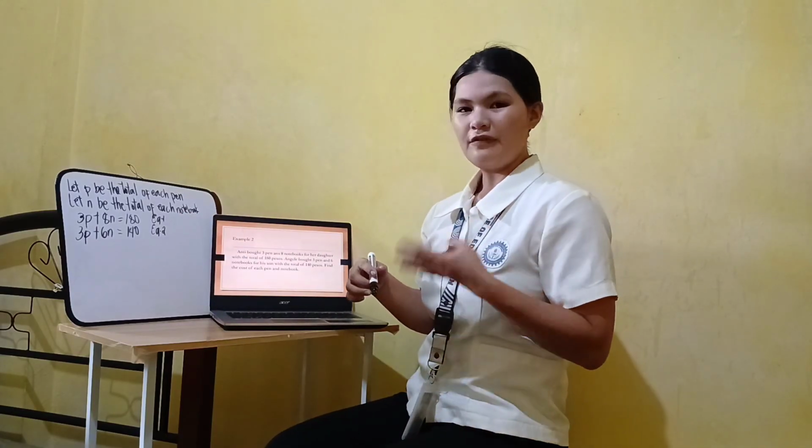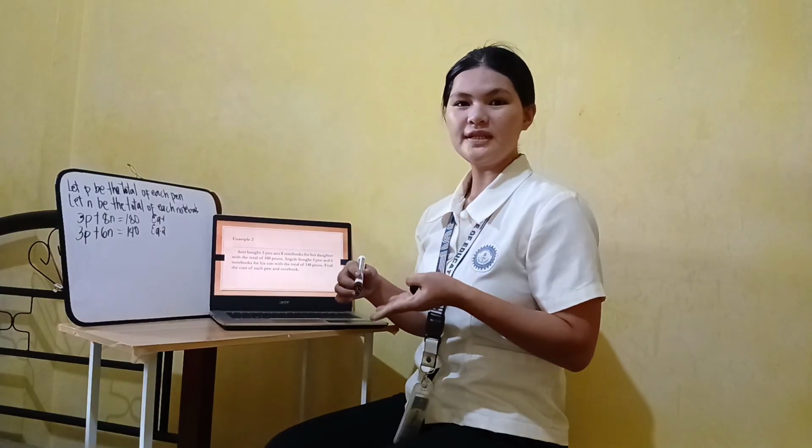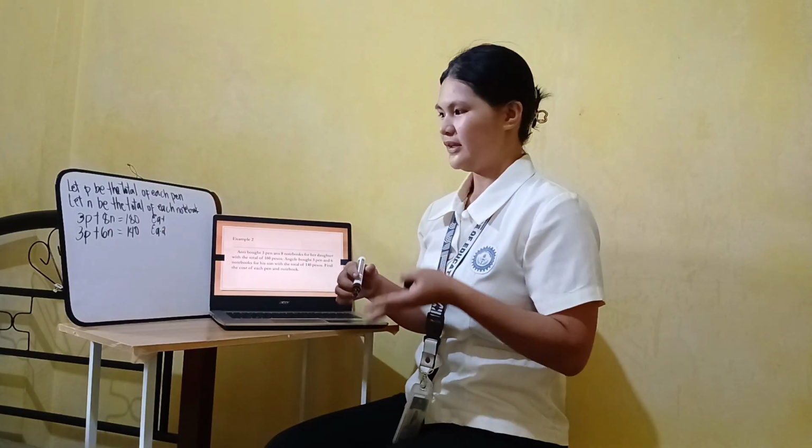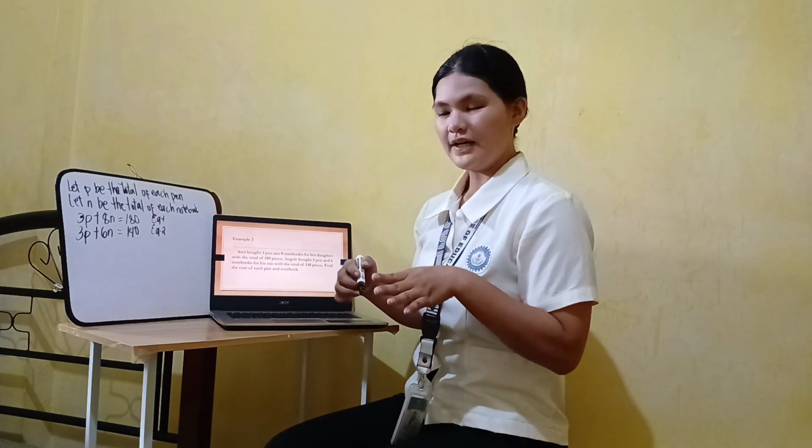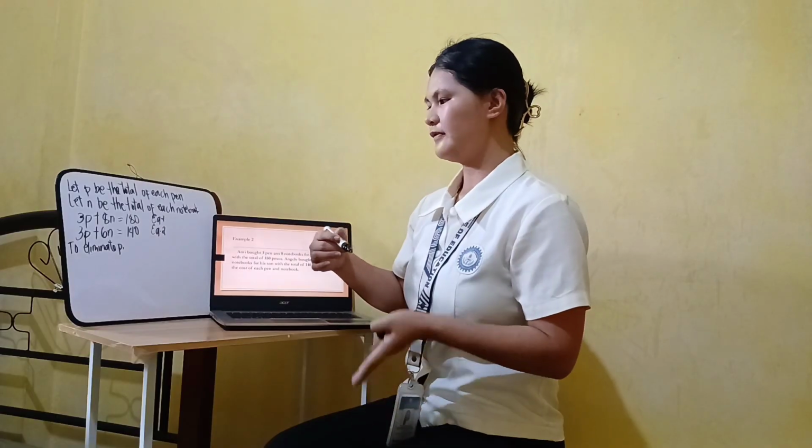The second equation is 3p plus 6n is equal to 140. So this is our equation 1 and this is our equation 2. So after formulating the equation, magpo-proceed na tayo sa elimination method. So ang eliminate natin first is si variable p. So to eliminate variable p,